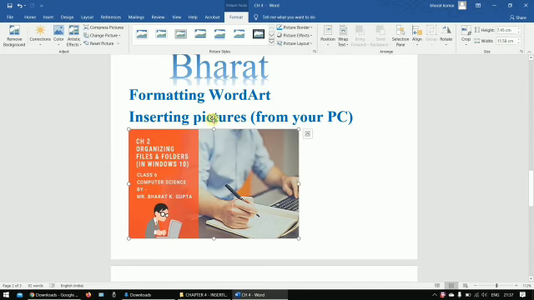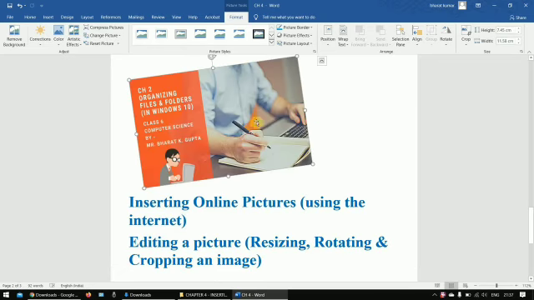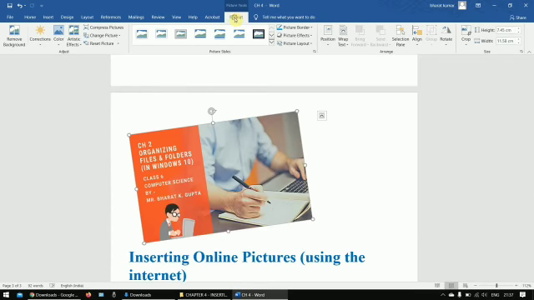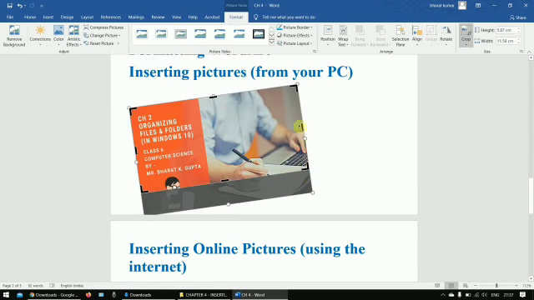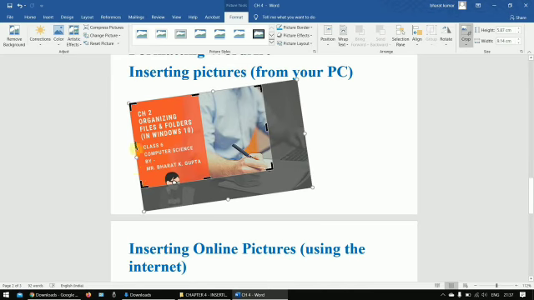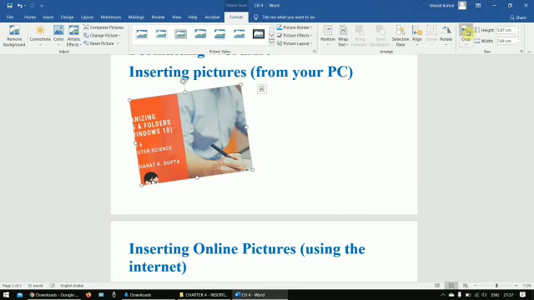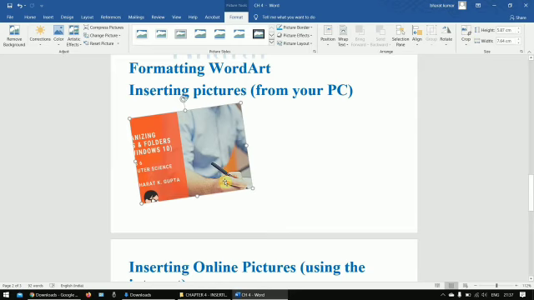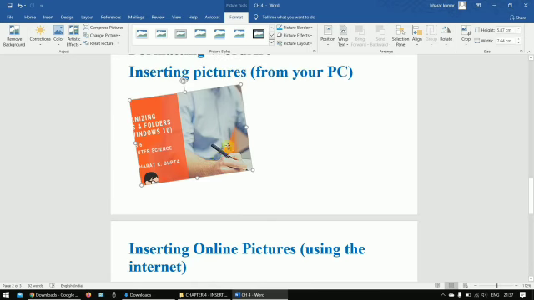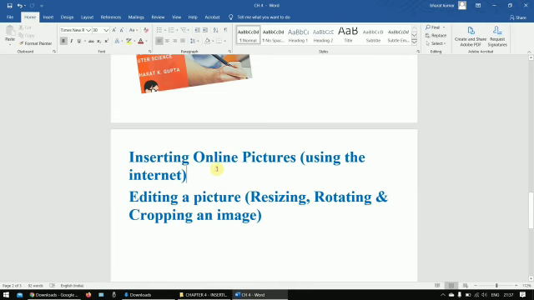See, by using the square corners, we can stretch or compress the picture. By using the circle handles, we can resize your picture. By this rotate handle, at the center point, have you seen this rotate handle? Then you can rotate and move your picture. Now we have cropped the picture. See, this is the cropping. Now next, students, this is your cropped picture.